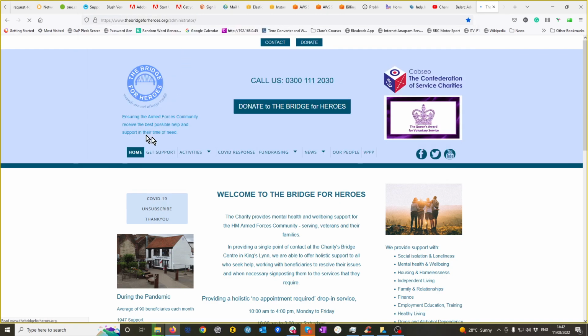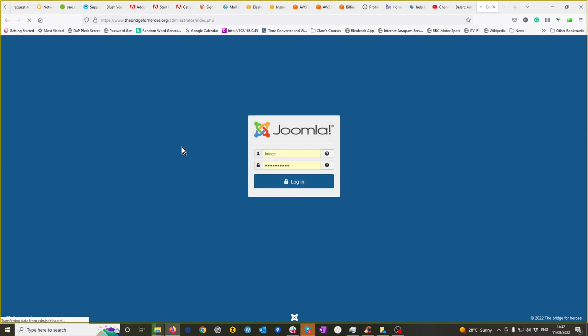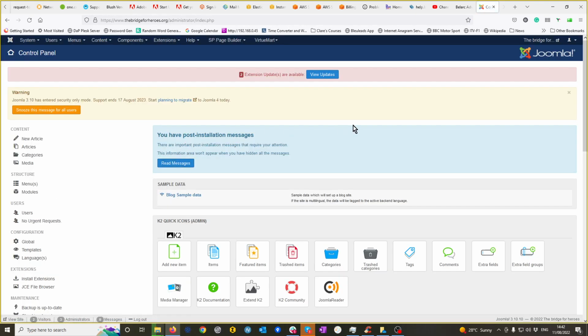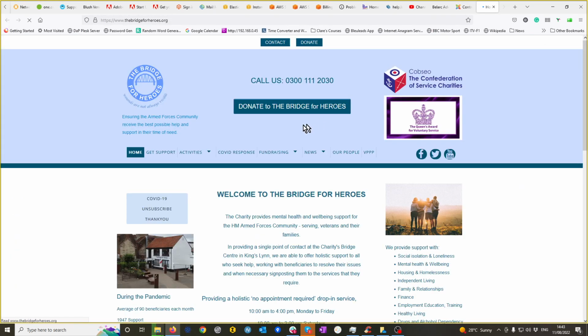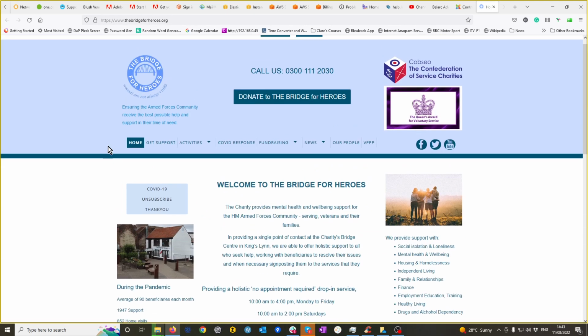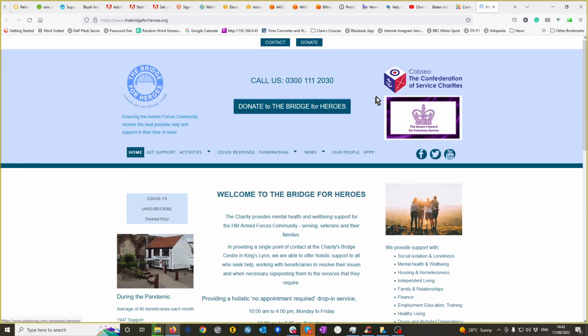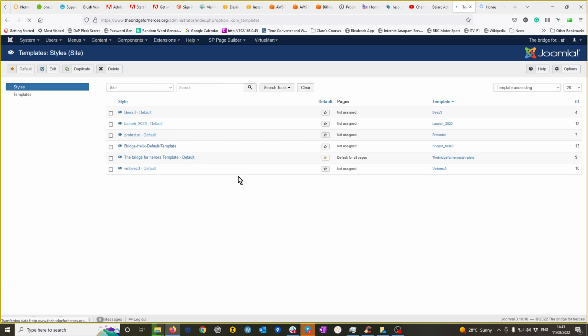On this particular website, the biggest challenge we have is that we're going to build the Helix framework and the SP pages behind the scenes, because we don't want to take down the live site because there's a lot going on. So you'll see this site has this template and theme at the moment, and we want to change it to something very different. Now, to know that the Helix framework is installed, you need to go to Extensions, Templates,